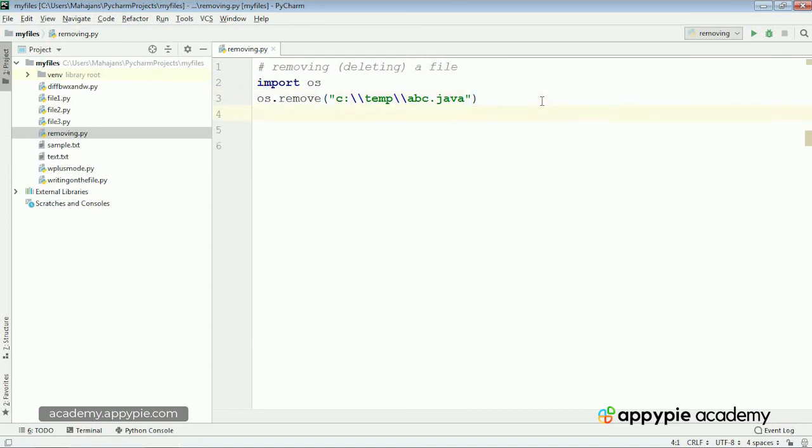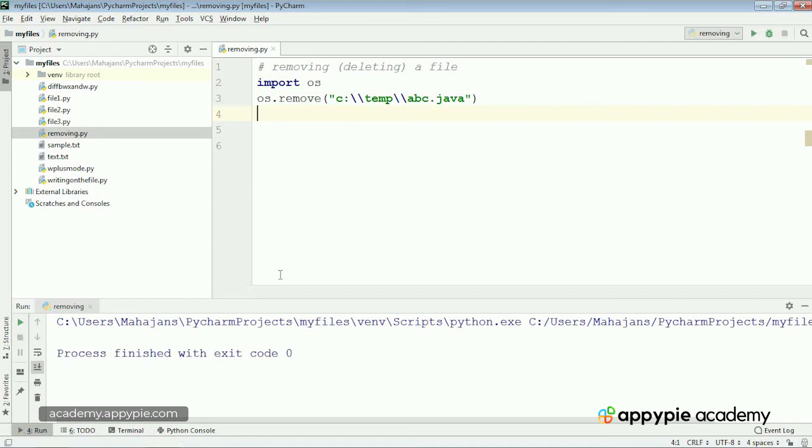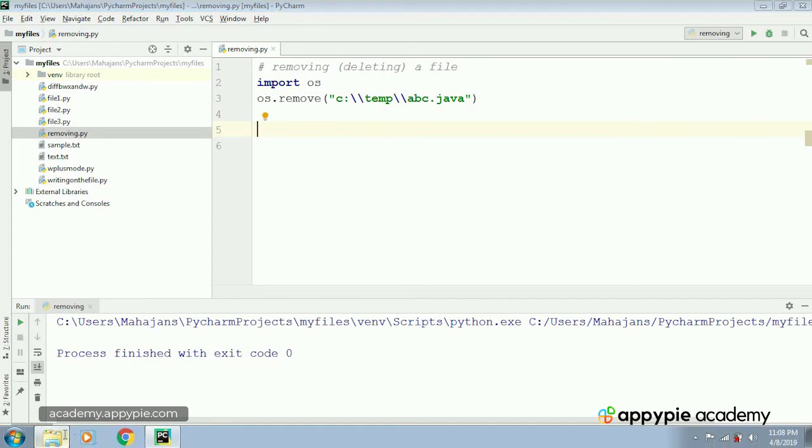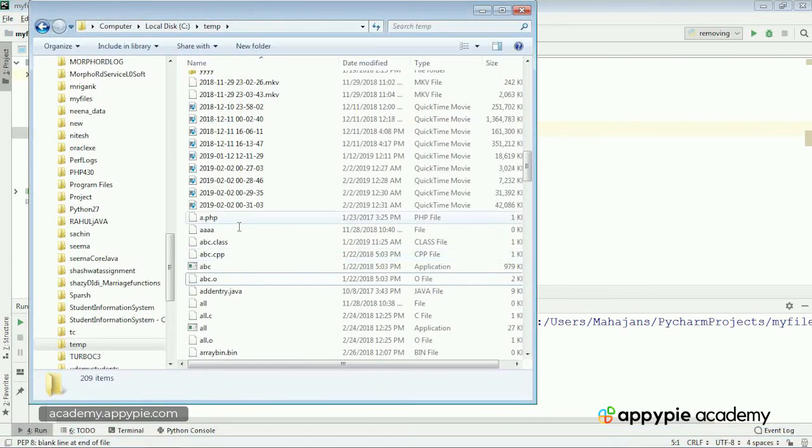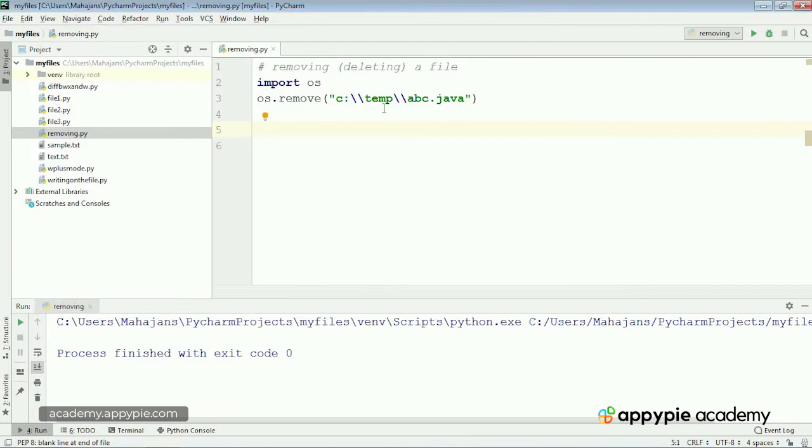Let me execute the program. Control Shift F10. Process finished with exit code 0. There was nothing to be displayed on the screen. Let's go to the computer and see: there is no file abc.java. There is abc.o, abc.cpp, but there is no file abc.java, because that has been deleted, that has been removed by